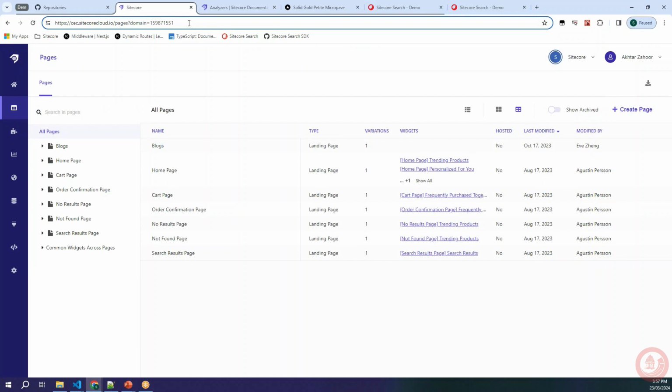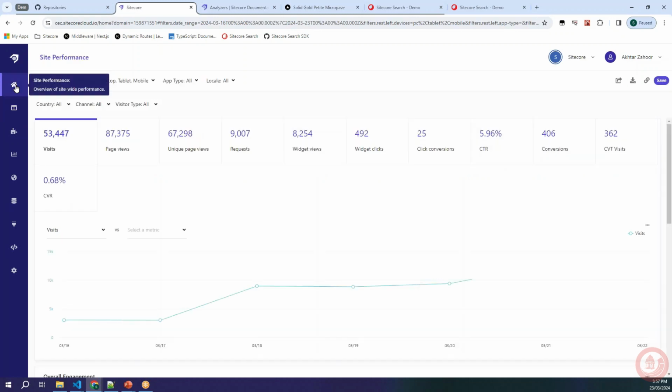portal.sitecorecloud.io. If you get access through that, then it will become an app on that portal and you will be able to access it from there. But nevertheless, whether you access it from here or from the portal, the UI and everything should remain consistent. I haven't looked into an environment where I have access through the Sitecore portal, but